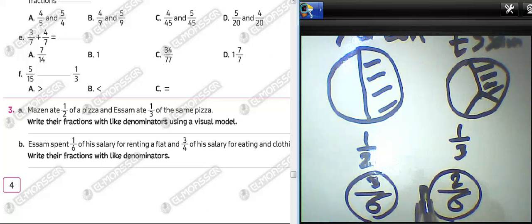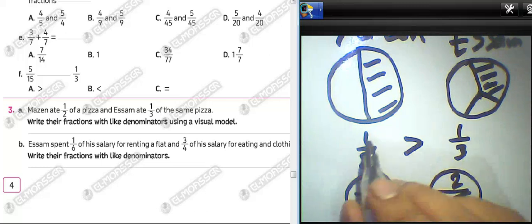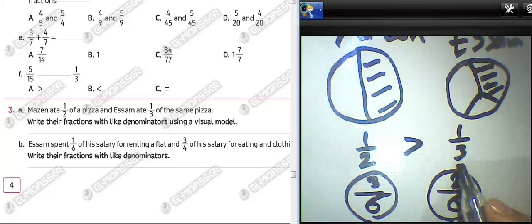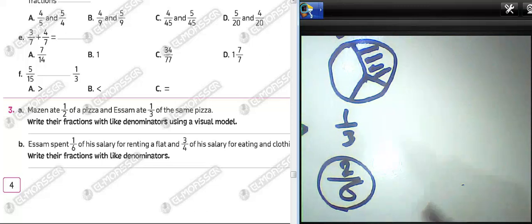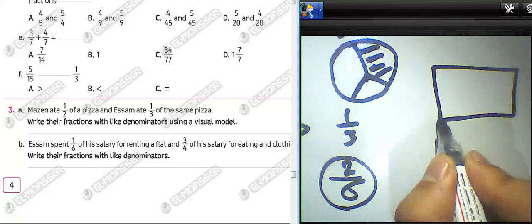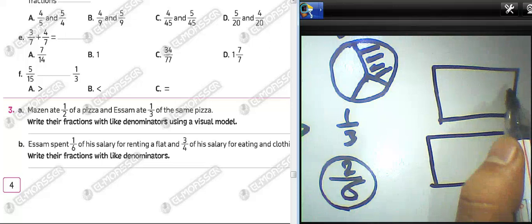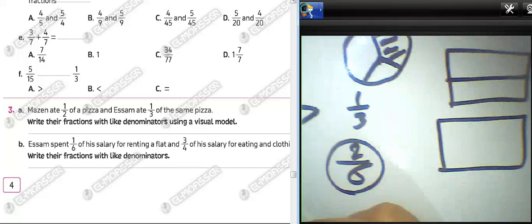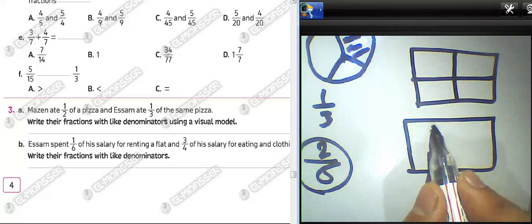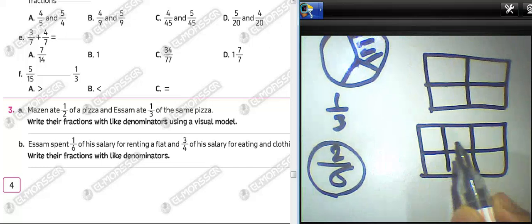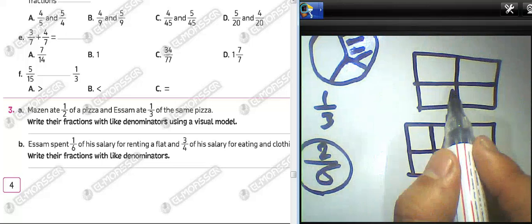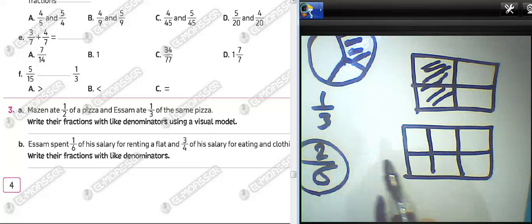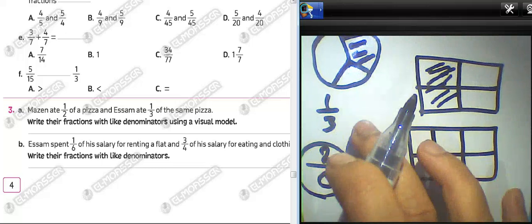So imagine a half of the pizza plus 1/3 of the pizza. He asked to use a visual model. We can use the visual model here for half and third, drawing 2 rectangles, and divide the first into 2 parts, and the second into 3 parts. We must color the half of this rectangle, and in this rectangle we must color the 1/3